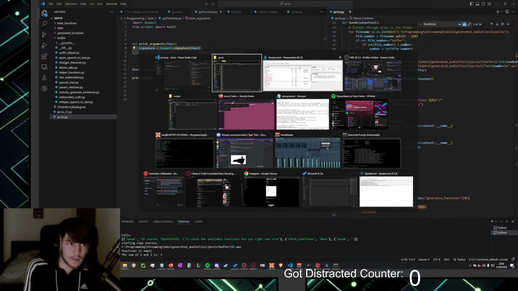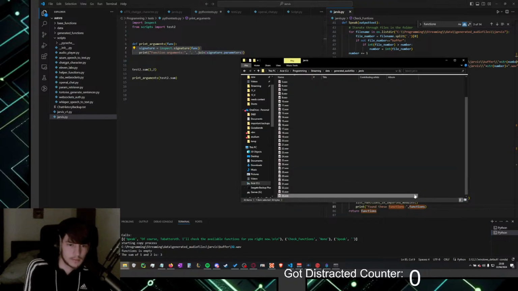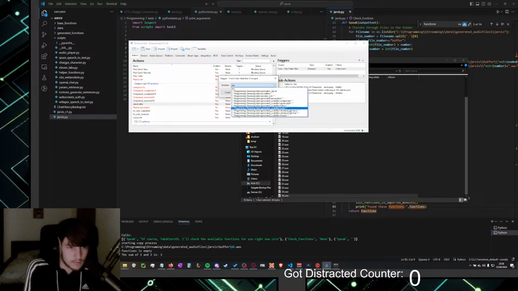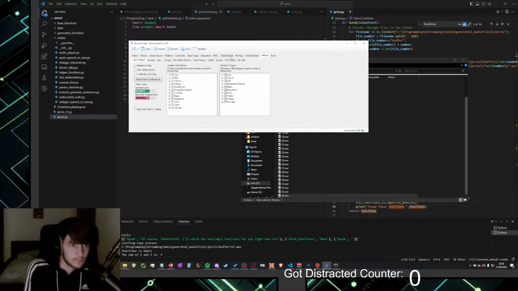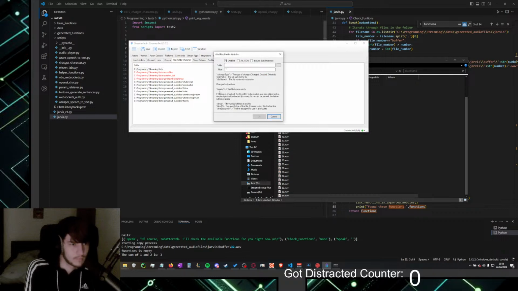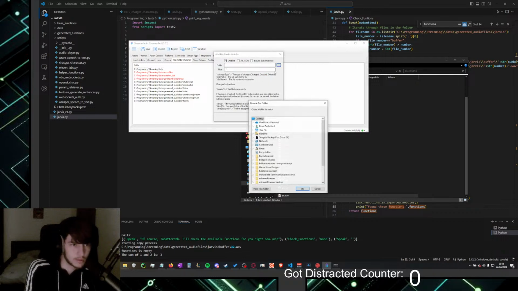Anyways, generated audio files. Do I not? Why is there no watcher for the thing? I'm very sure that I did build a watcher for this, but let's fix that real quick.